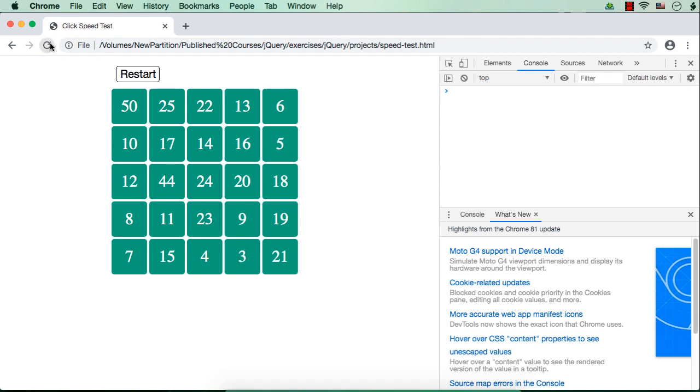Why? Let me refresh and check once again. Suppose I click 1, it has changed to 46. Suppose instead of 2, I click 3, nothing happened because we need to click the next number 2. But even if I click 2, nothing happens. So there is some error in our code.